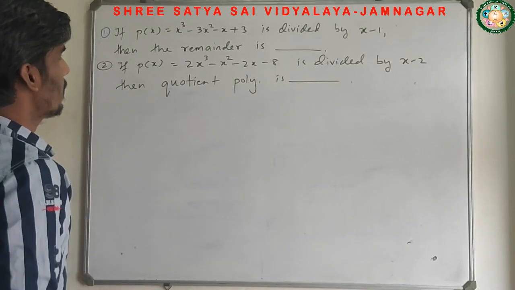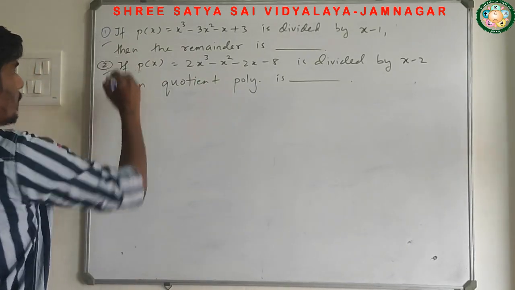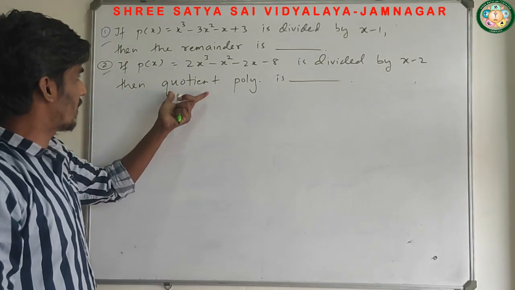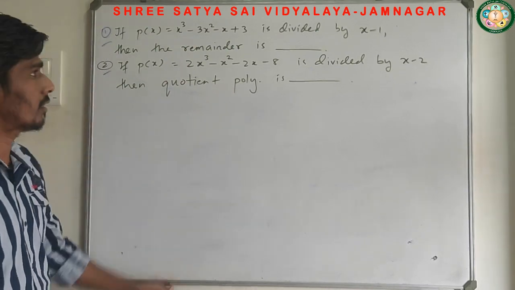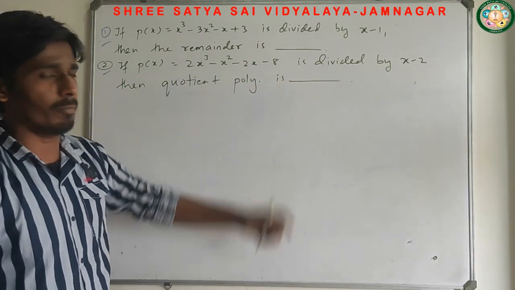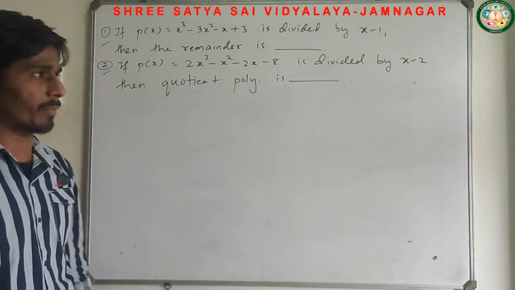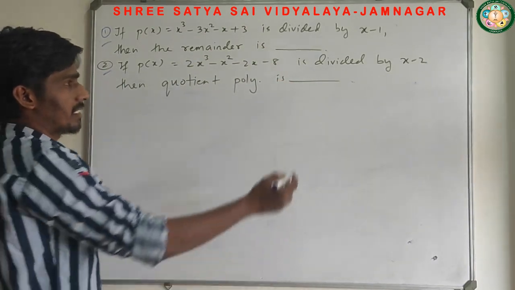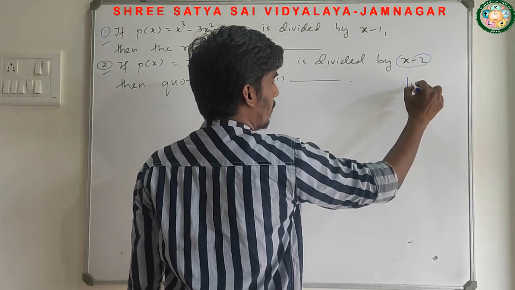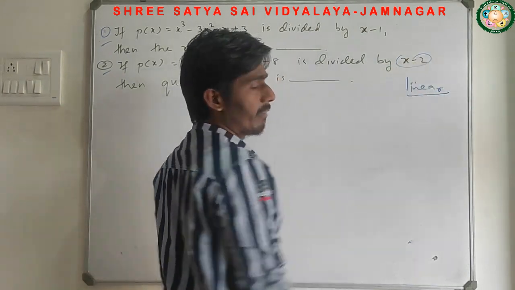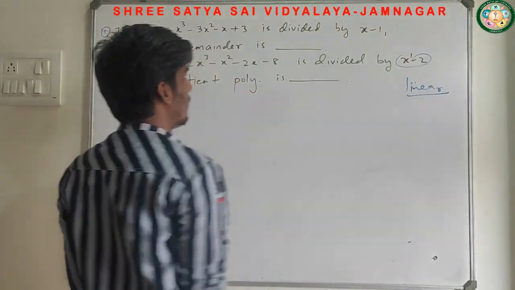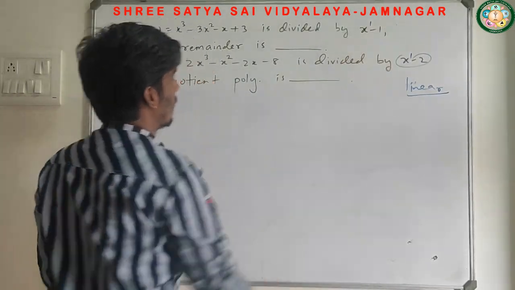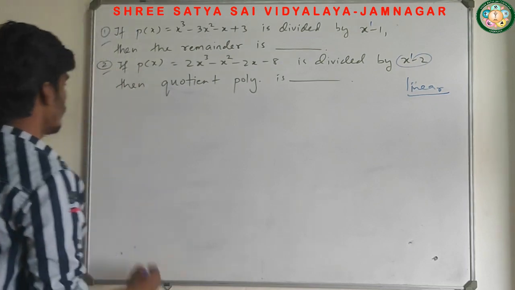Now with these two examples, I have to find the remainder, and in one example I have to find the quotient. But here we are not going to use long division. If this is in the form of blanks, it is better to use the synthetic method. The synthetic method is applicable for linear polynomials, if the divisor is a linear polynomial, as the degree here is 1, and here also the degree is 1. Let's solve the first one.